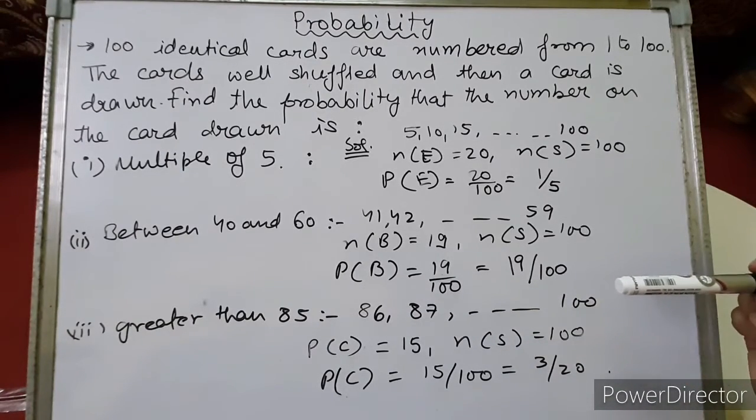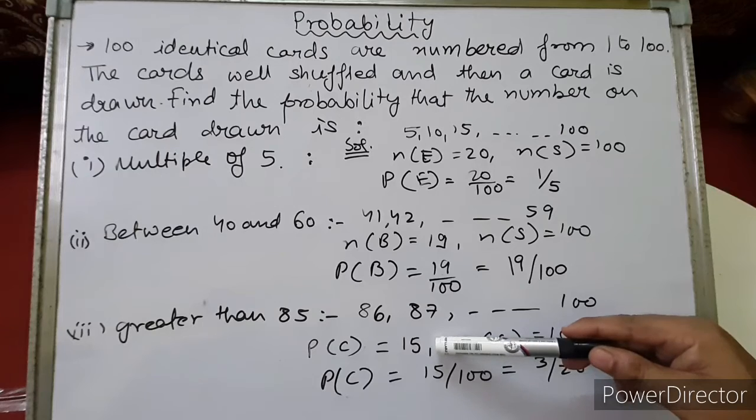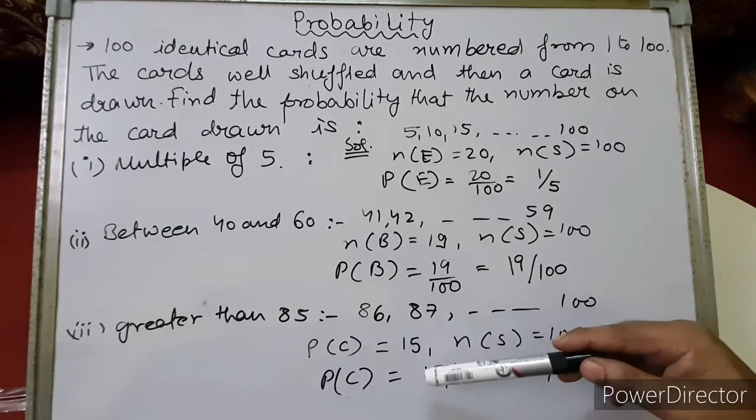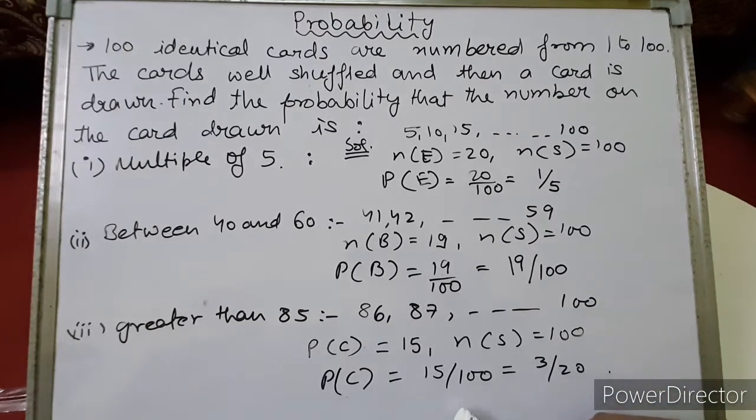Right. Now in the third point it is given to find the probability that the card drawn has a number greater than 85. Now how many numbers are greater than 85? 86, 87 up to 100. So when we count the numbers, the total count of numbers greater than 85 will be 15. I've assumed that this is event C. And the sample space is 100. Right, the total number of outcomes 1 to 100 is 100. So when we calculate the probability of getting C, it is the number of favorable events upon the total number of outcomes, which will be 15 upon 100. On simplification, we'll get 3 upon 20. Alright children, please note down the solution first.